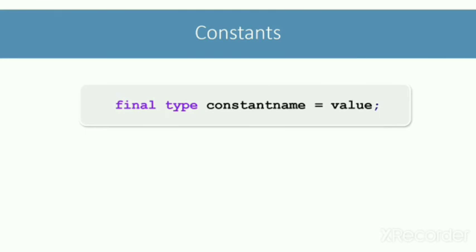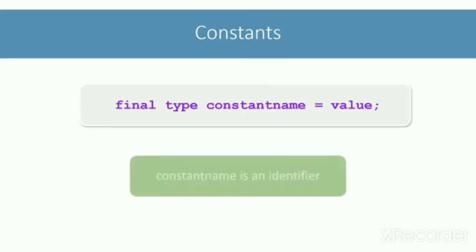The declaration starts with the keyword final. Then you specify the data type. After that, you specify the name that you want to give to your constant value. In the end, you assign the value you want your constant to have and end the declaration with a semicolon. It is like variable declaration, just that the declaration needs to start with the keyword final and the value needs to be assigned. Like variables, constant name is an identifier, so all identifier naming rules apply to constant name.